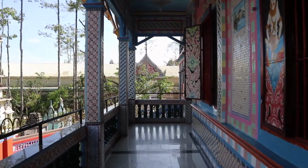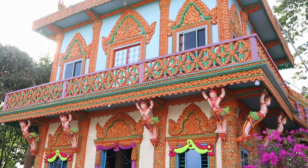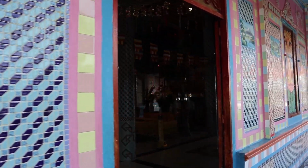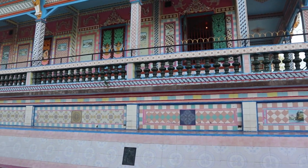So naturally, it's influenced by the Buddhism religion, as well as the intricate art and colorful details of the Khmer people, the beautiful design, architecture, and the use of colors. The building that we're in is actually known for its pastel colors. It's along the whole rooftop, it's along the walls, and it's actually really special because a lot of the other buildings nearby are super bright and super vibrant, but this one's a little bit more muted